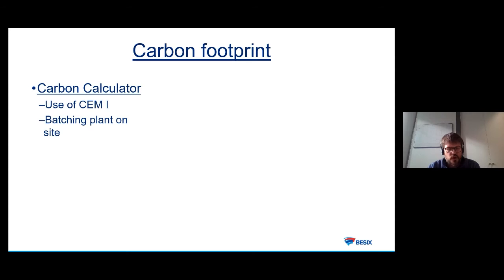Just want to show you a quick example. It's a carbon calculator. So it's a calculation of the carbon footprint of 1 cubic meter on one of our projects. I will show you 3 examples. So the first one, we use a CEM1. So remember, it's an OPC only, and the batching plant is on site. Why is it important? It is because